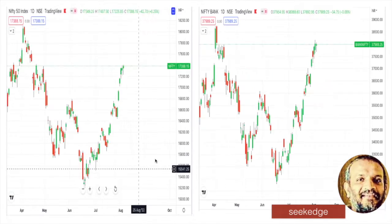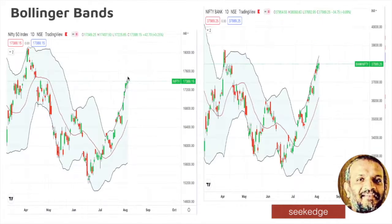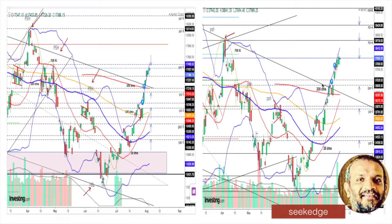When you have an inside bar formed for the Bank Nifty, and an inside gap area consolidation for 3 days, it indicates some breathing space, some pause after a big rally is what is happening. But the bands are rising, with prices walking on the bands, which indicates bullishness on both indices. Another view is the moving averages. All moving averages, 20, 30, 50, 100, 200, are conquered, with prices much above them, and all the resistance is cleared